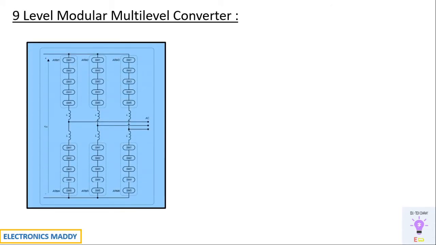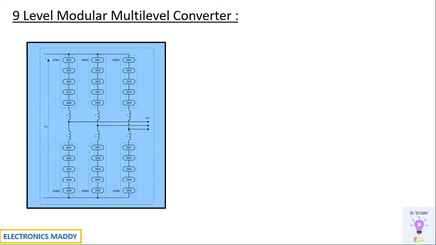Alright, let's get into our topic for today. This is the configuration of a modular multi-level converter. This is shown with respect to three-phase. However, I'll be simulating it with respect to single phase. Here, if you carefully observe, we're giving a DC input voltage and we're getting an AC output voltage. So this is quite similar to a multi-level inverter where we had levels of output voltages.